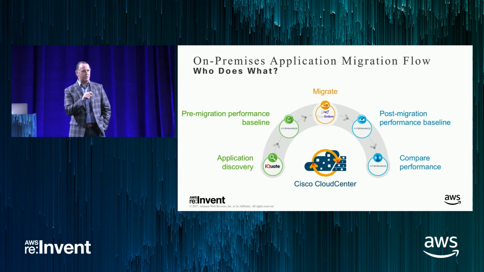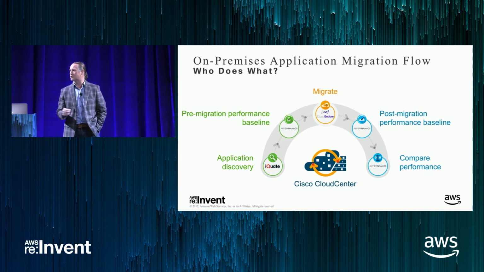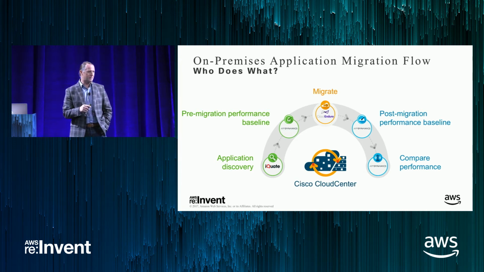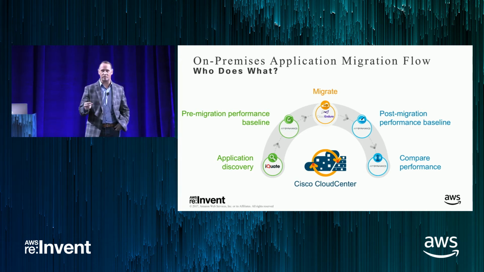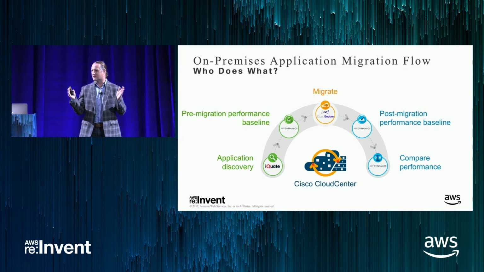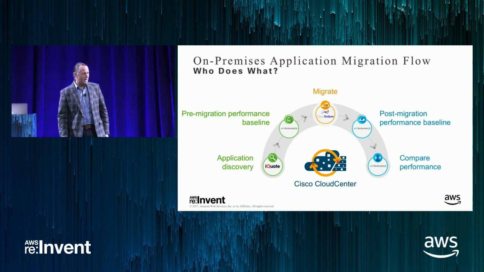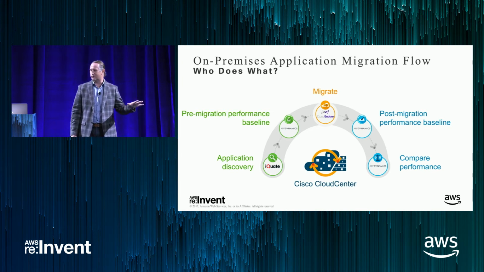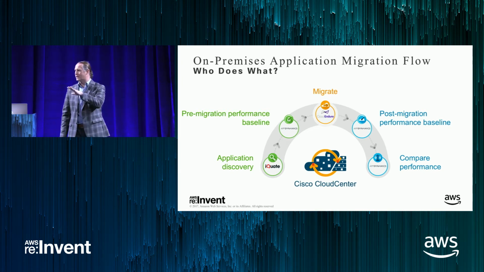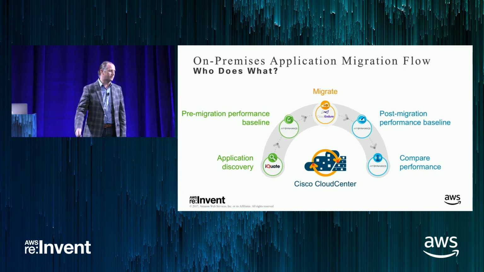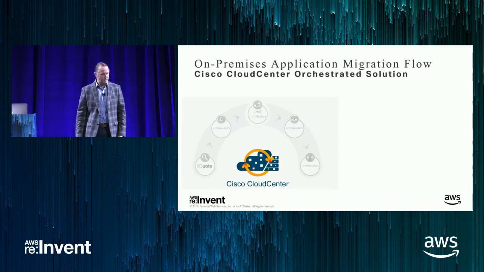I could go through each one of these products step by step manually, but how am I putting this into a reproducible process that is quick and can be more agile? How do we get that 5.5 months down to, say, weeks or less? And then there's also another challenge. I just moved from my familiar operational environment on-premise out to the cloud. How do I do ongoing performance and management of applications when I have a distributed environment? So the latter products are also doing the day 2 ongoing operations.